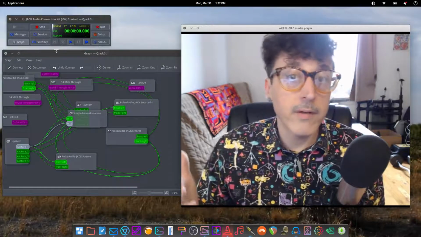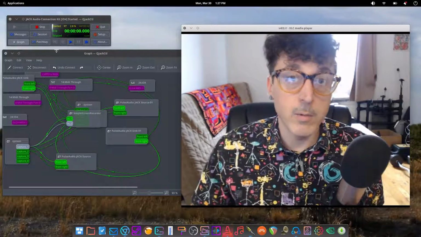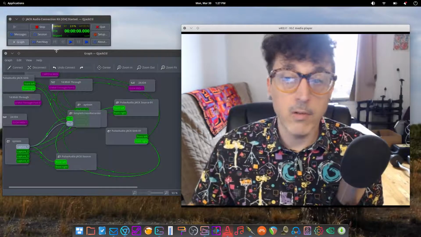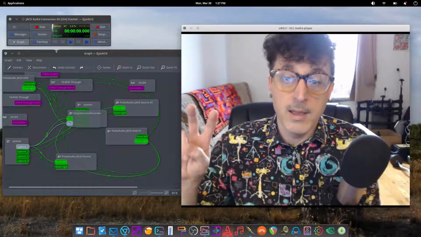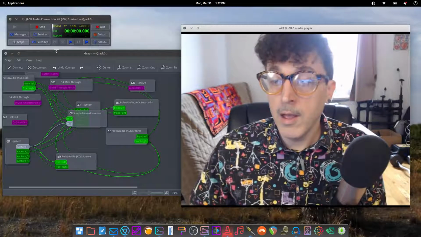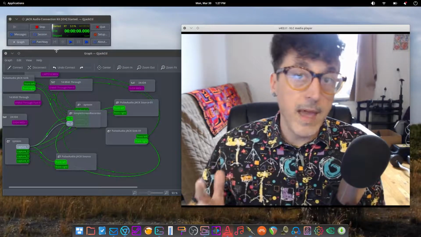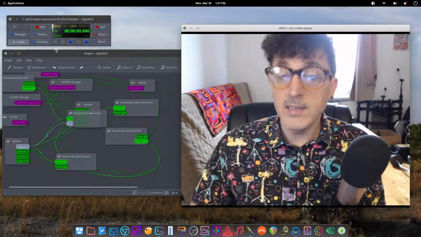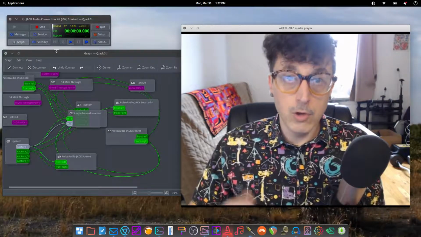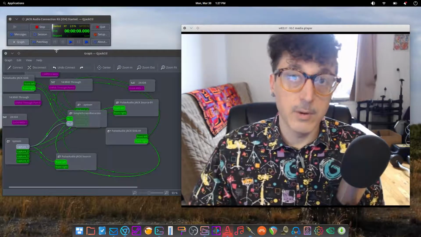Now, unlike a lot of Linux users, I do not hate Windows. I actually like Windows 10. I have another computer that I run Windows on. It's kind of like my gaming computer, even though I can play games on this computer as well. But I use both. However, that being said, there is something very good that could be said about using Audacity on Linux as opposed to Windows.